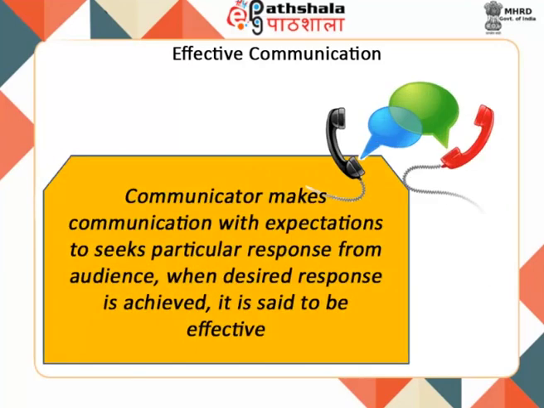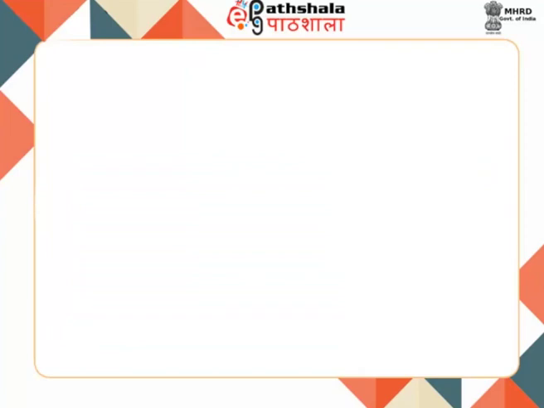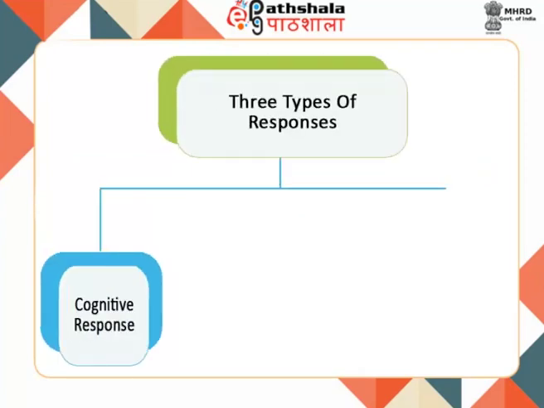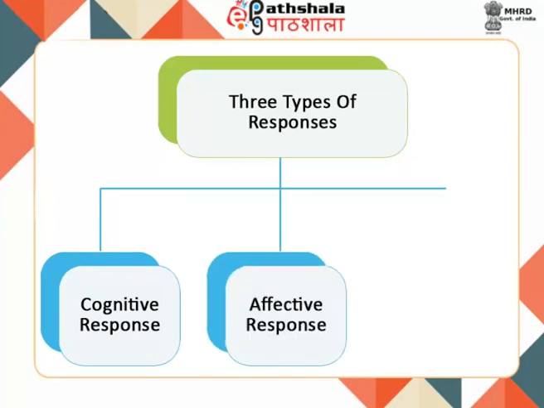The communicator makes the communication with some expectations. It seeks a particular response from the audience. When the desired response is achieved from the audience, it is said to be effective. The sender might seek three types of responses from the audience: cognitive response, affective response, and